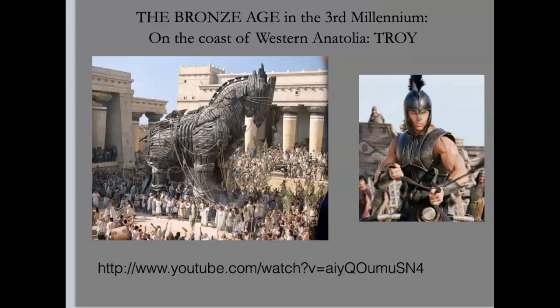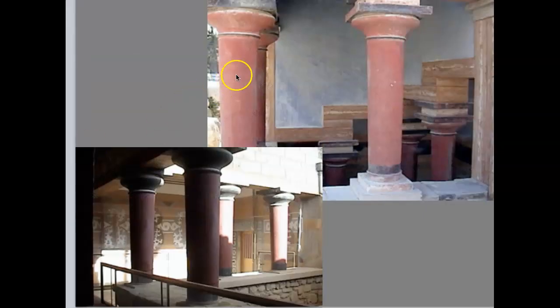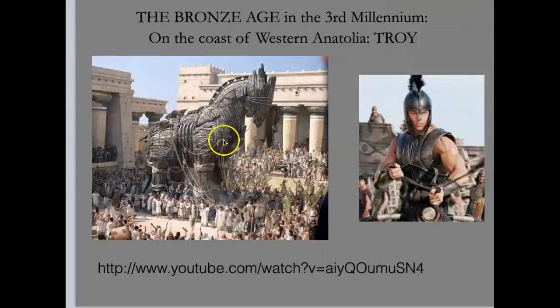I think it's called Troy, that Brad Pitt is in. But what I want you guys to think about is, what's really interesting is, look at the columns here in the recreation of this palace, right? See the columns? So the stage set designers for the movie absolutely looked at the palace of Knossos, and this is where they got their inspiration of potentially what the columns in Troy could have looked like.